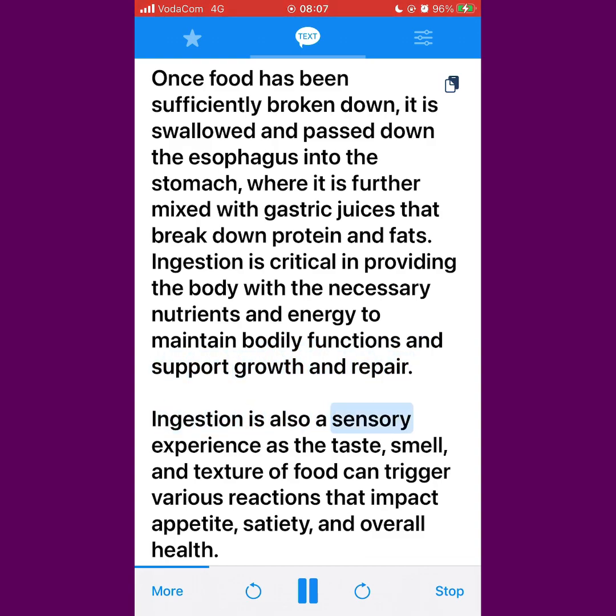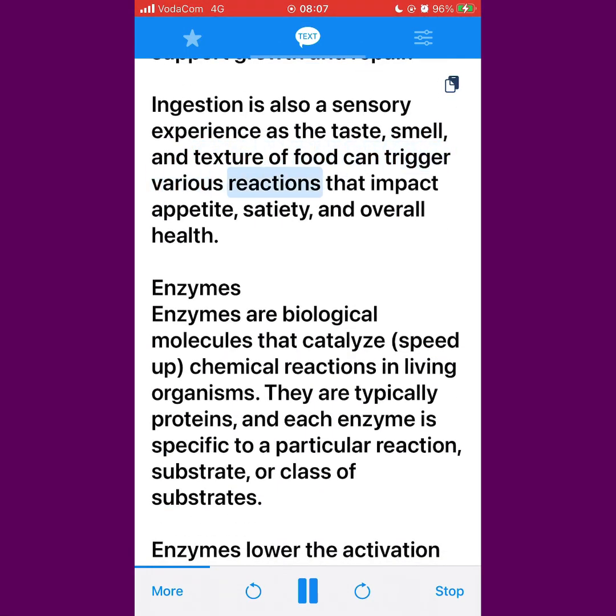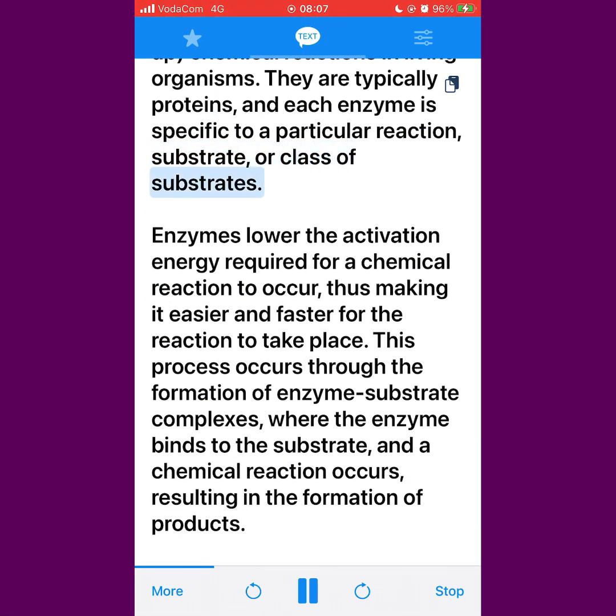Ingestion is also a sensory experience, as the taste, smell, and texture of food can trigger various reactions that impact appetite, satiety, and overall health. Enzymes. Enzymes are biological molecules that catalyze, speed up, chemical reactions in living organisms. They are typically proteins, and each enzyme is specific to a particular reaction, substrate, or class of substrates. Enzymes lower the activation energy required for a chemical reaction to occur, thus making it easier and faster for the